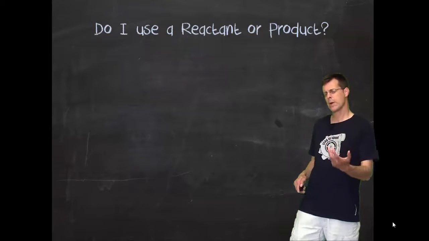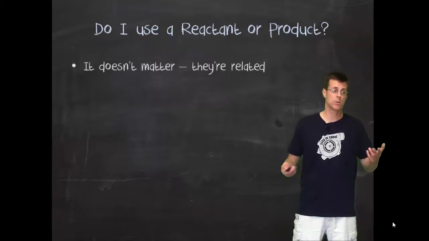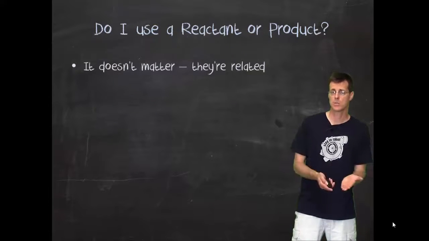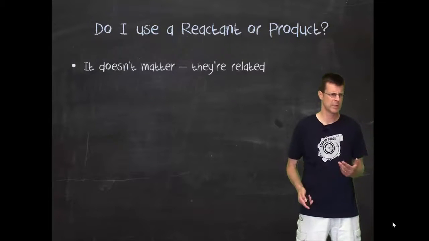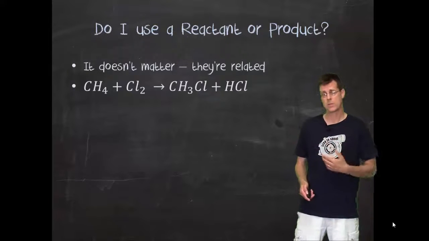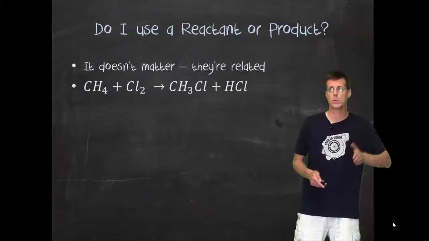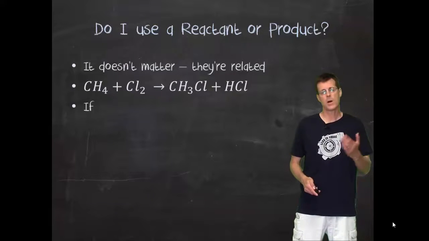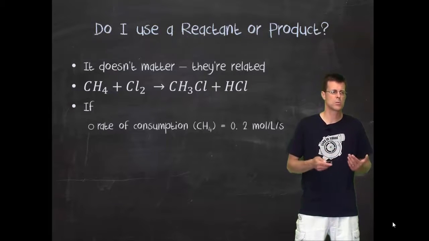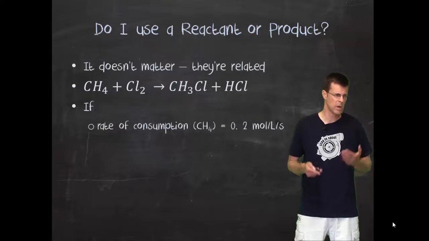Well, I said you could do a reactant or you could do a product. Does it matter? No, it doesn't matter, because as long as it's within the same reaction, it's going to be related. So if you look at this reaction that I've given here, where the stoichiometric balancing coefficients are all 1, 1, 1, and 1,